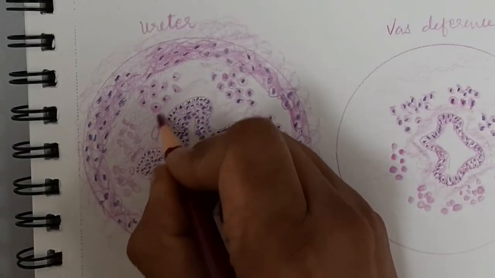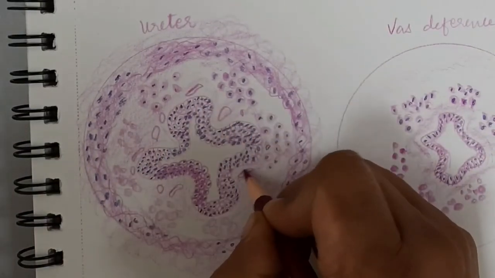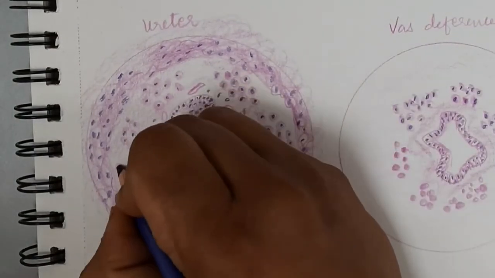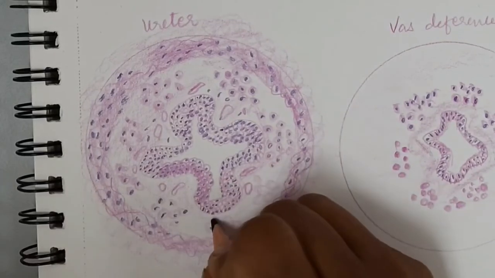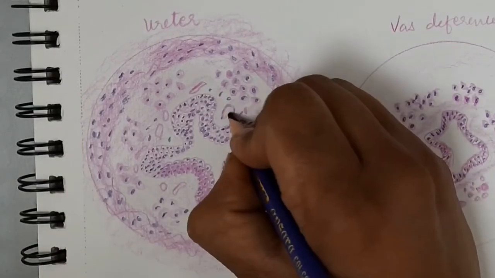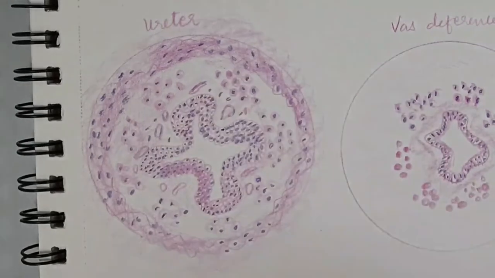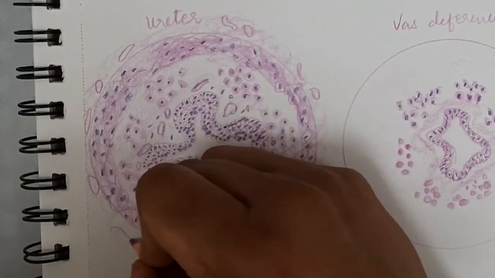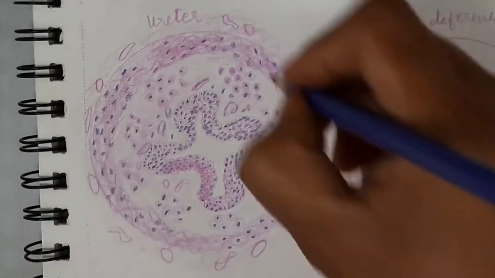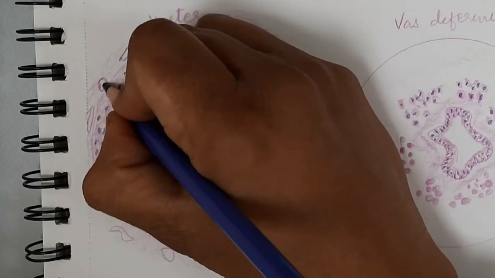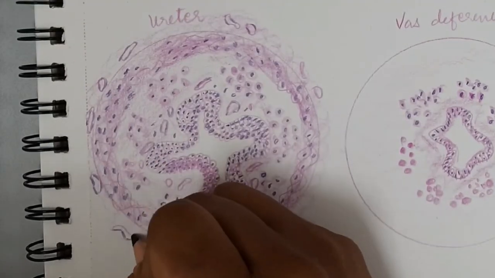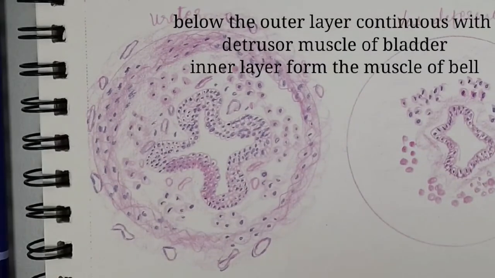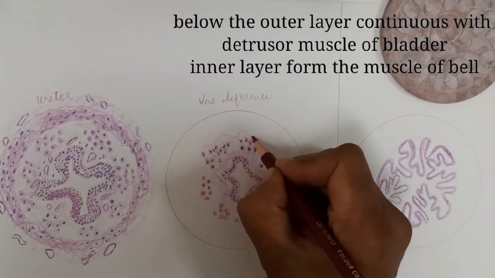And the lamina propria also contains blood vessels, nerves, lymphatics, and connective tissue cells, loose connective tissue. It is 25 to 35 centimeters in length. The adventitia blends in the upper part with the capsule of the kidney, and its lower part blends with the capsule of the urinary bladder wall. Muscle surrounds the minor papilla and exerts a milking action to squeeze the urine from the minor calyces.